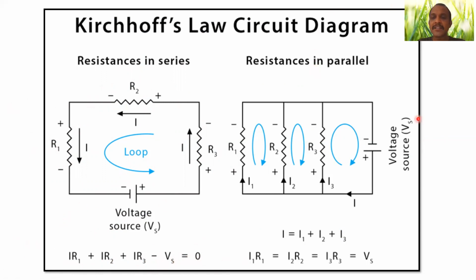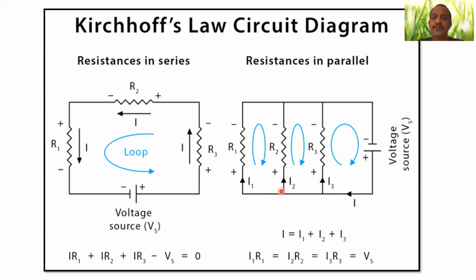Let us look at another circuit, with components connected in parallel. So this is a voltage source which is parallel to resistances R1, R2, R3. And the total current I is given by this circuit. I is dividing into 3 parts: I1, which passes through resistance R1, I2, which passes through resistor R2, and I3, which passes through resistor R3. So I can write I = I1 + I2 + I3. This is my Kirchhoff's current law.